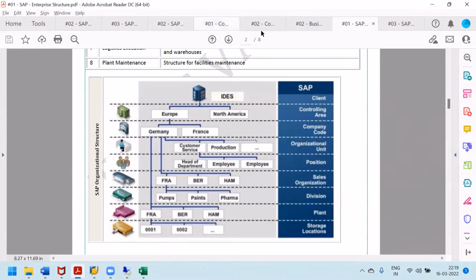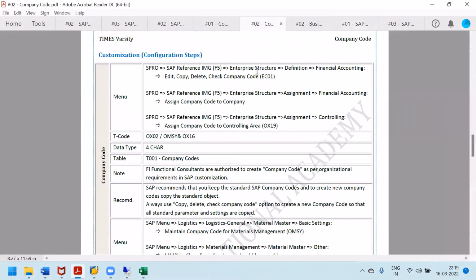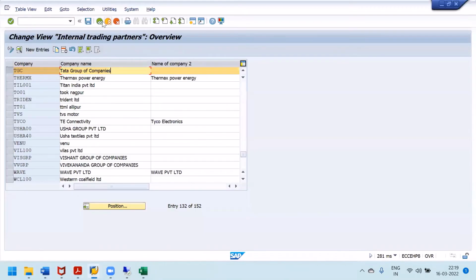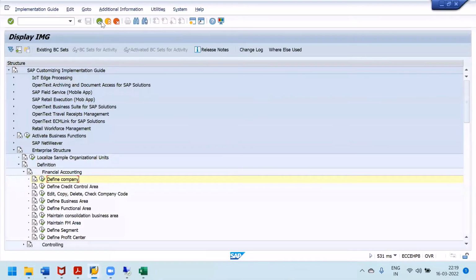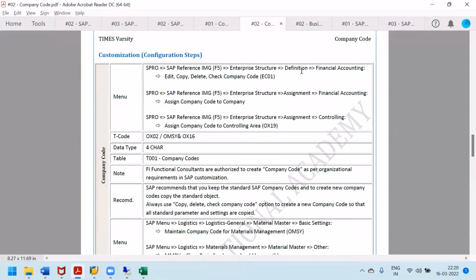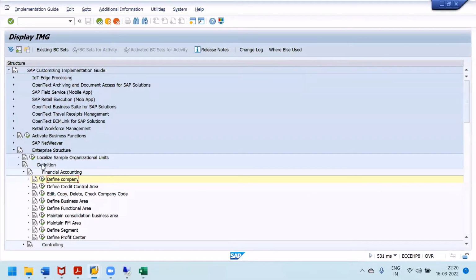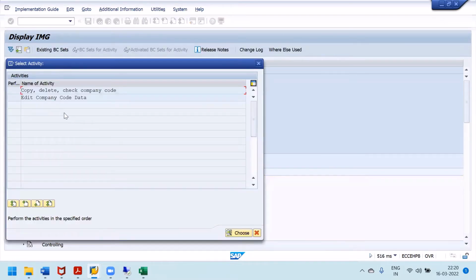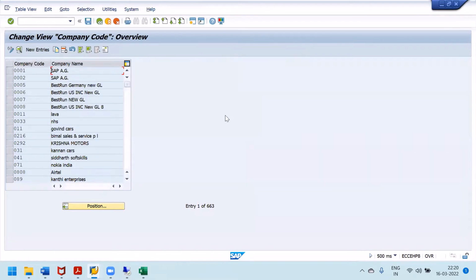So if we look at company code, the menu path, the transaction code and all, which is followed by FICO. So here in SPRO, we are already in SPRO, reference IMG, right? So this is IMG. So under enterprise structure, definition, financial accounting, there is edit, copy, delete, check company code. Click on here. If you look at edit company code, here it shows all the company codes which are defined here,